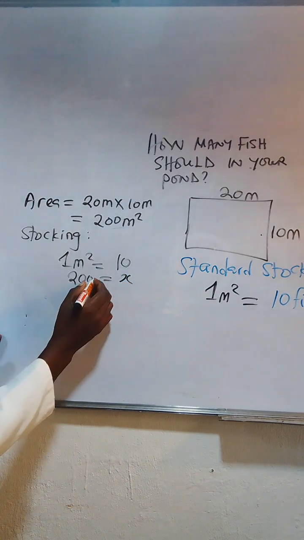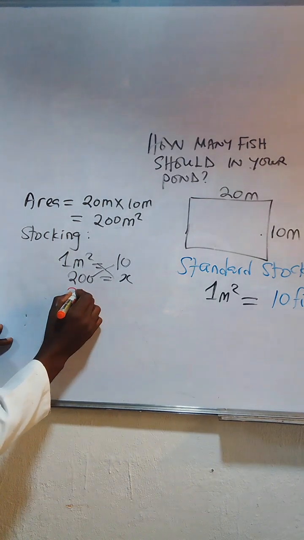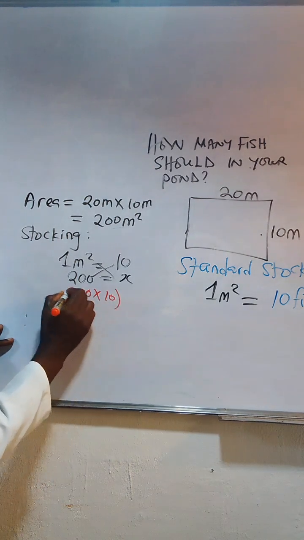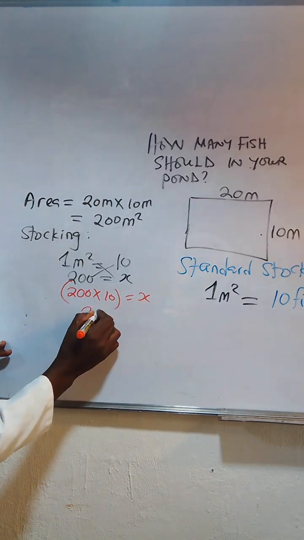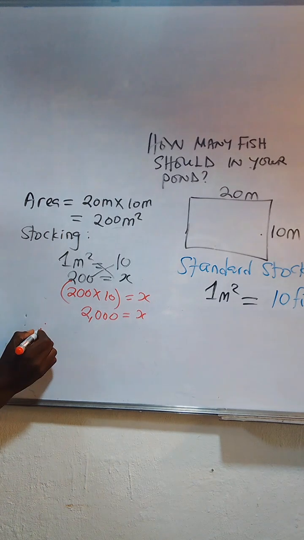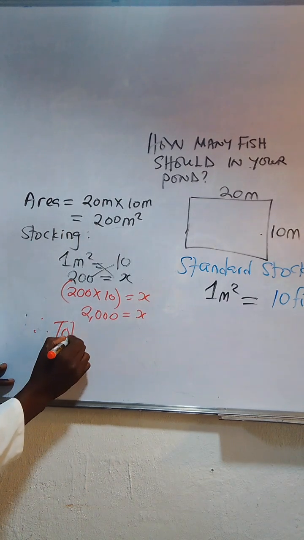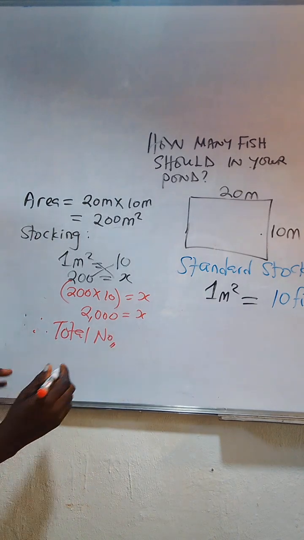So what you do is 200 times 10 equals to x, and this is going to be, okay, so therefore the total number of your fish